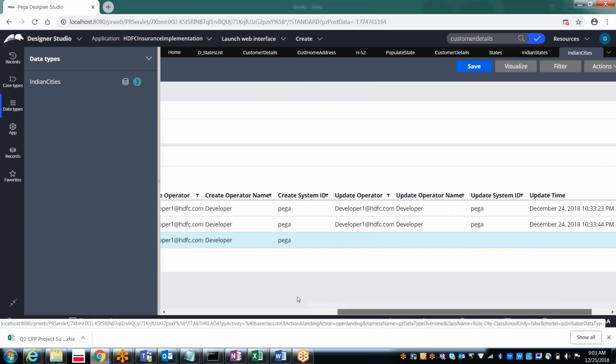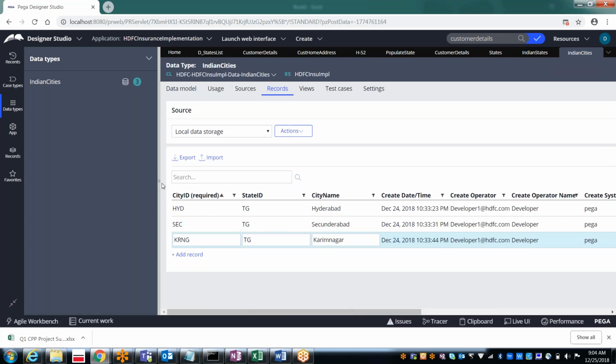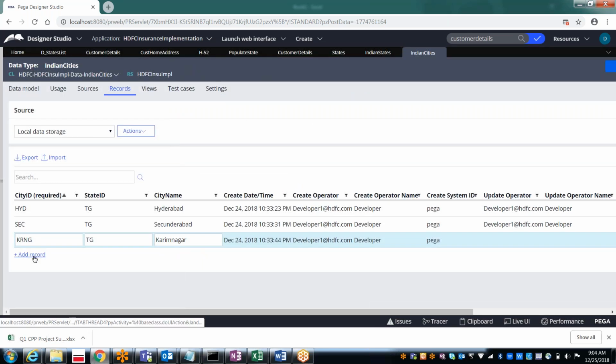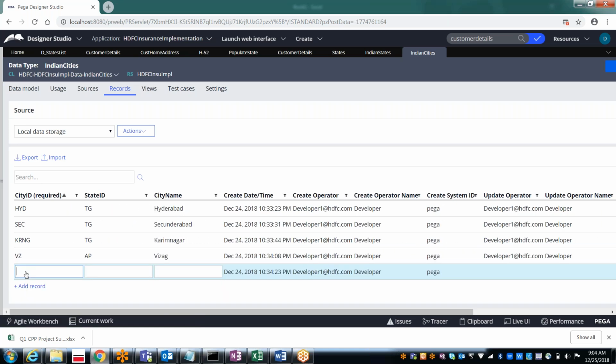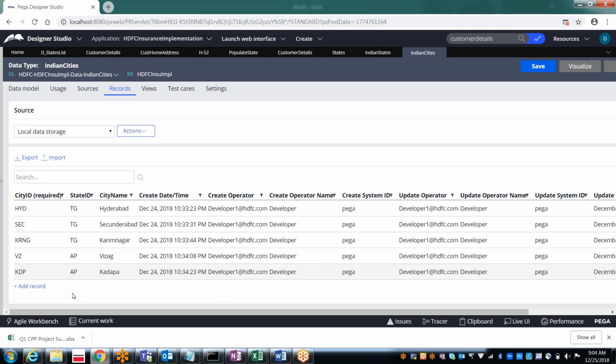Okay, like that now we have two data types, one for cities and the other for states.